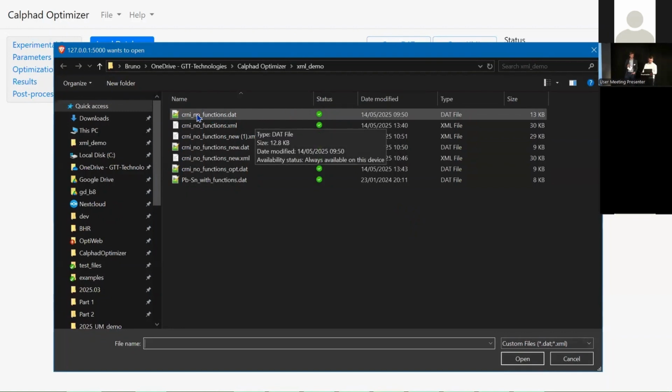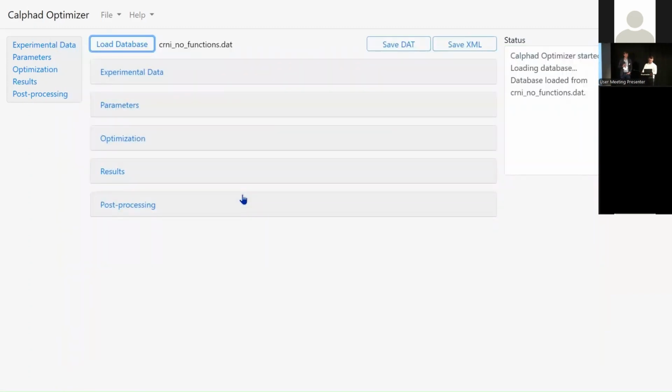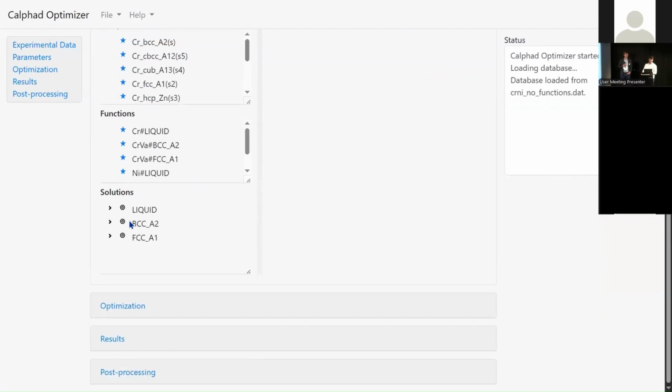There is one constraint at the moment in the development version that we will be addressing very shortly, which is we don't support files with functions. If you export things from FactSage, you might know what I'm talking about. If you haven't done it yet, don't worry, it won't affect you because when this is released, this will be solved. But at the moment, I'll just load the case for chromium and nickel without functions and as a .dat file first, just to show you that,